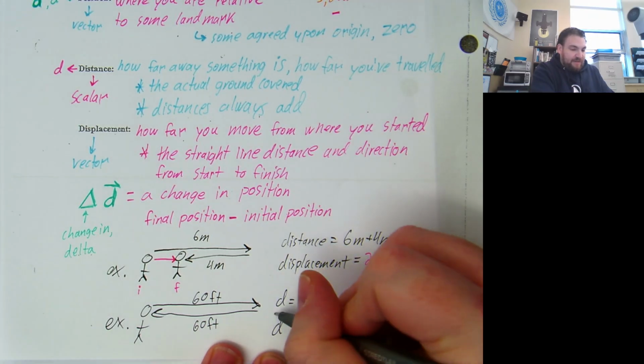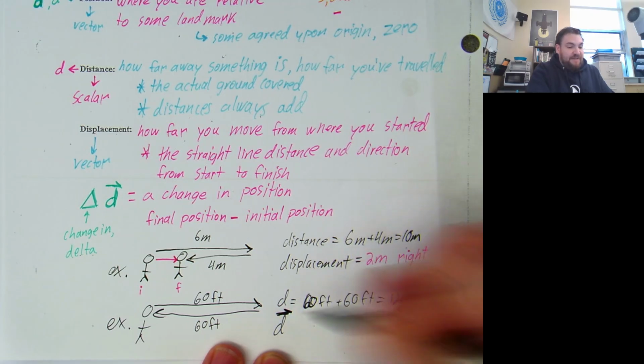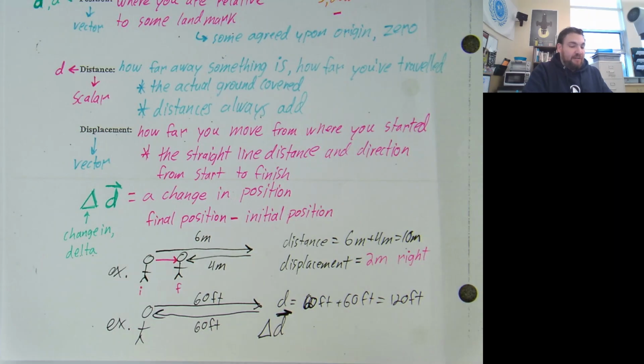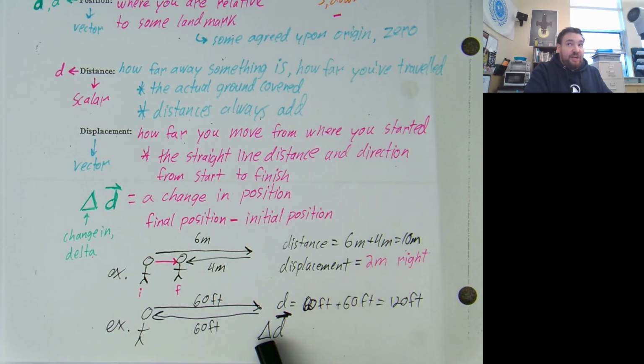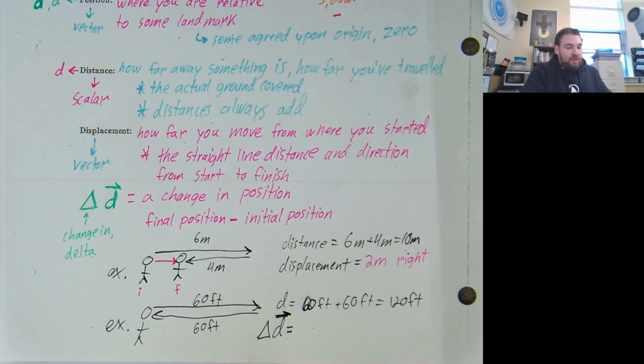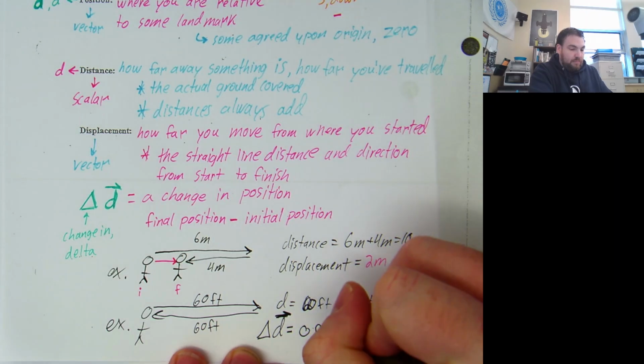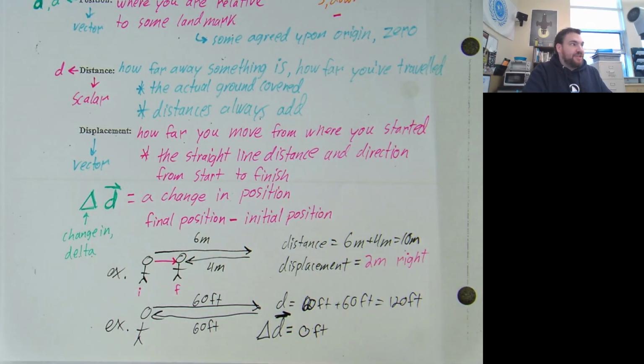And the displacement, the letter D with the arrow. Displacement is triangle and the D with the arrow. D with the arrow is position. Displacement is the change in position. That little triangle there means the change in. What's the change in position? 0. And there is no direction because there is no displacement. You can't give a direction if there has not been a change in position.